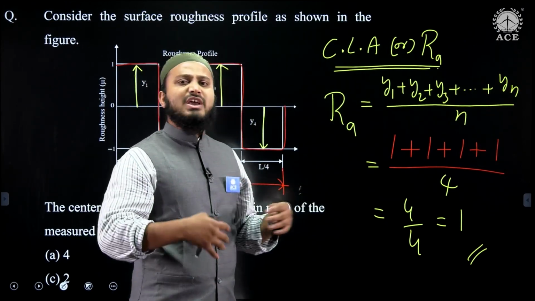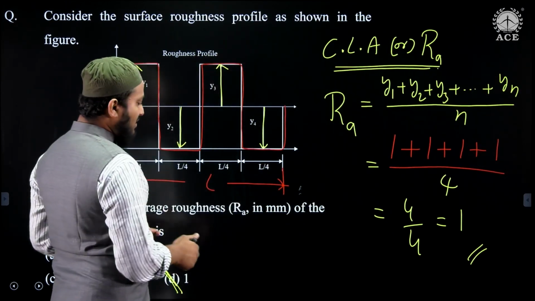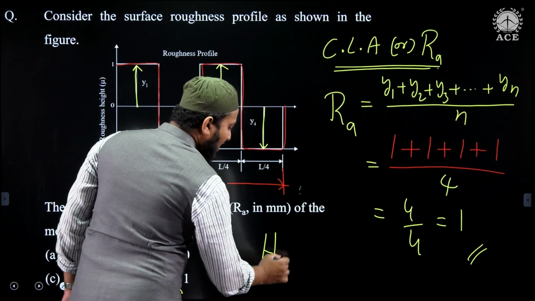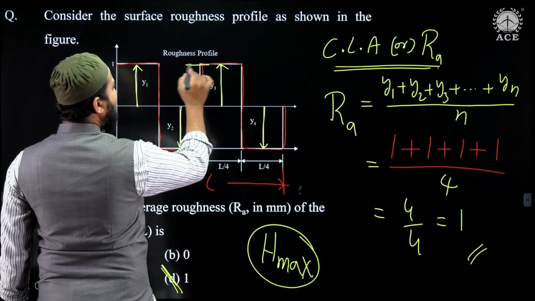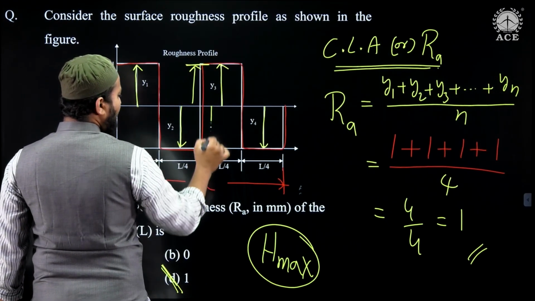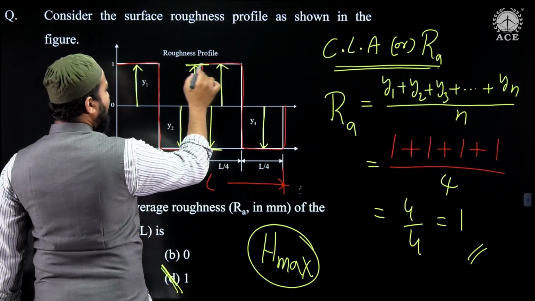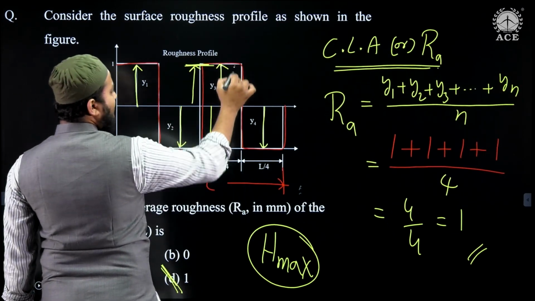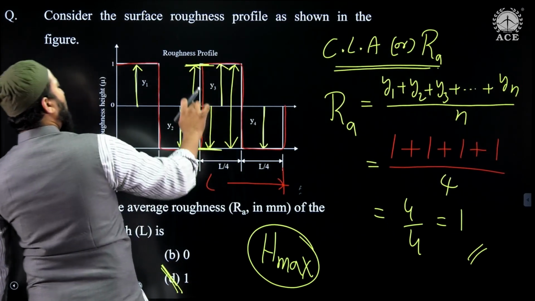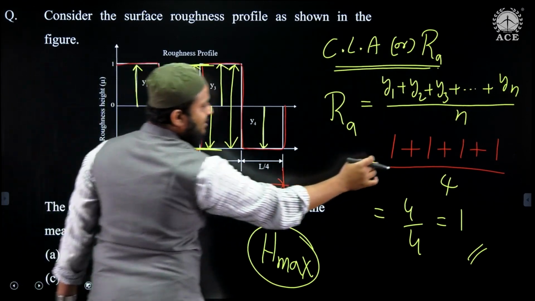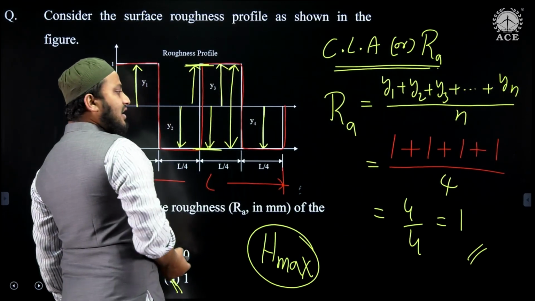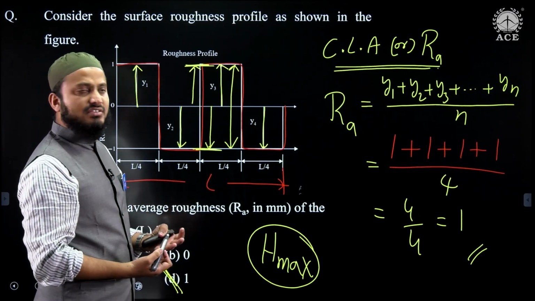Even if you take H max by 2, H max is nothing but the maximum peak to valley height. So, what is H max, sir? The highest peak is always the same, even the deepest valley is also the same in the given texture. So H max is from here to here, a total distance of one unit and 1 unit. So total 2 by 2, H max by 2 is also equal to the same 1. And even if you take area by sampling length,